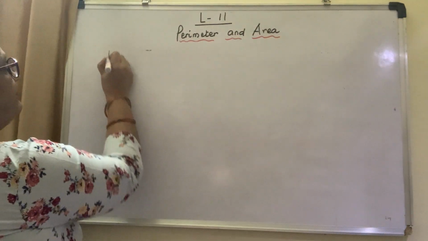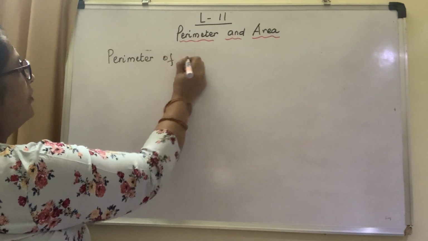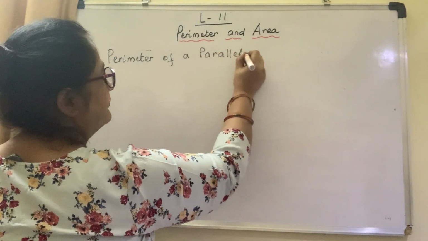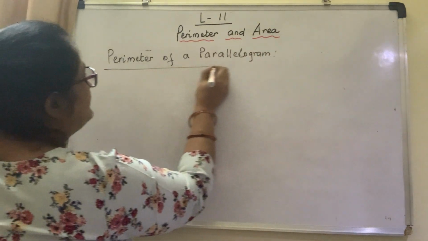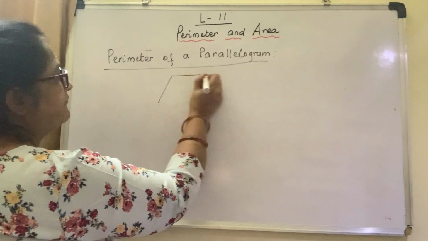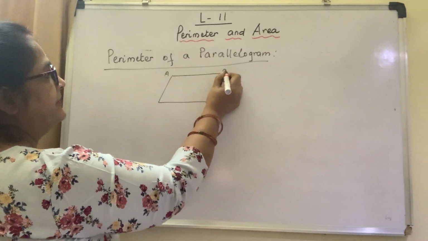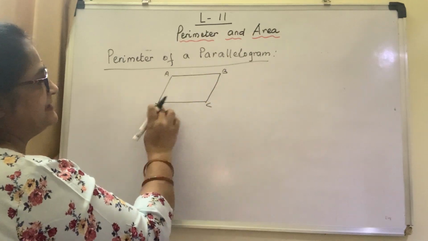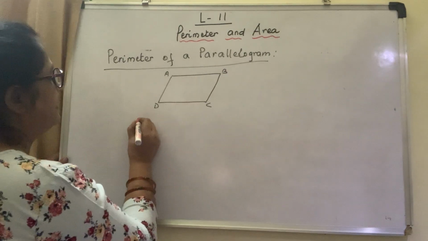We start with the perimeter of a parallelogram. Now, perimeter means the boundary, the total boundary of a figure. This is a parallelogram ABCD. Boundary means AB, BC, CD, DA. That is the boundary. So the perimeter of this parallelogram